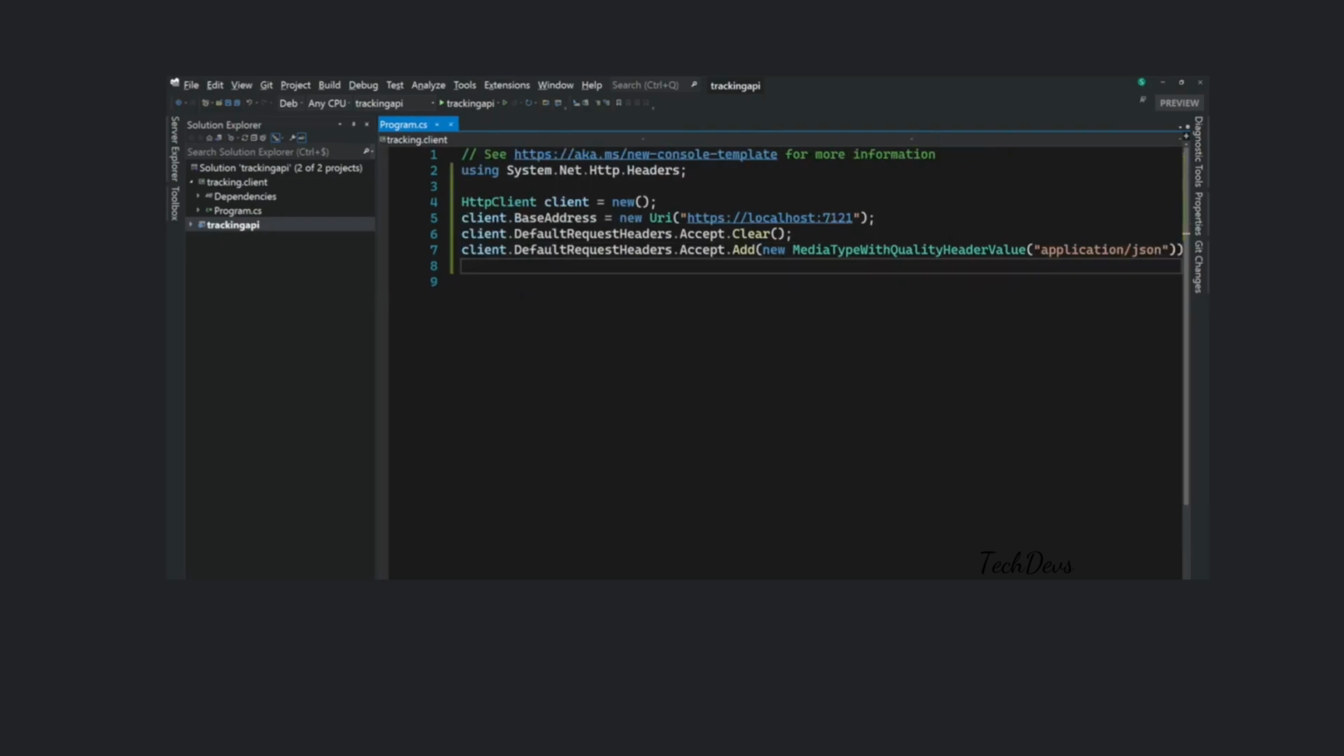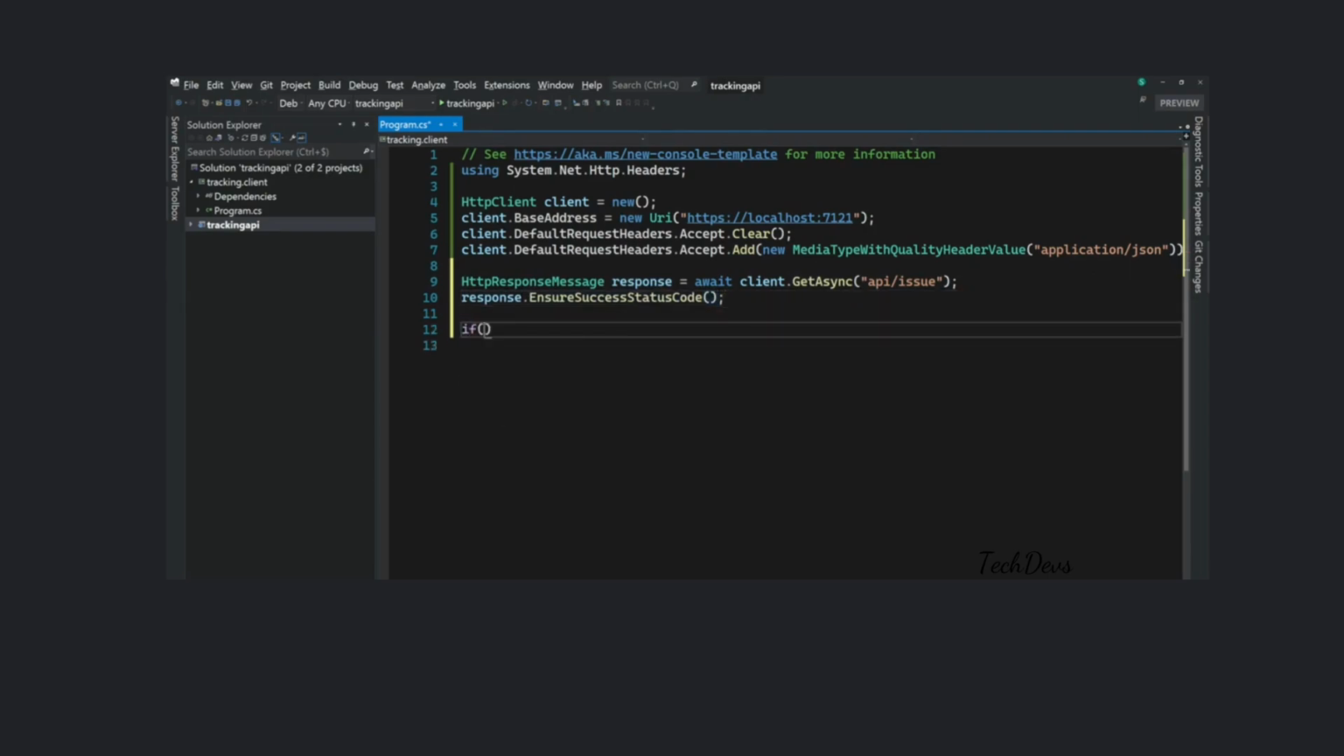Then we are going to retrieve all the issues. An instance of HttpClient has methods like GetAsync, PostAsync, and so on, that allow making requests with certain HTTP verbs. We use the GetAsync method to make a GET request to the API. The method takes the URL path of the endpoint and it returns an HttpResponseMessage object. We can invoke EnsureSuccessStatusCode to make sure the request succeeds. If it is the case,